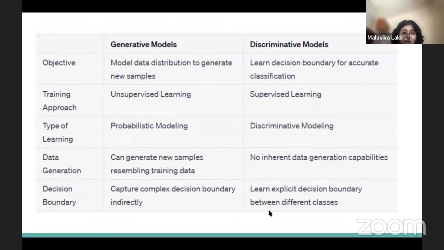Again, this is a slightly high-level and slightly technical viewpoint. But the one thing I would like us to take away is that discriminative models typically give a very specific output set, whereas with generative, the output is not bound, and it will not depend on the prior input set.